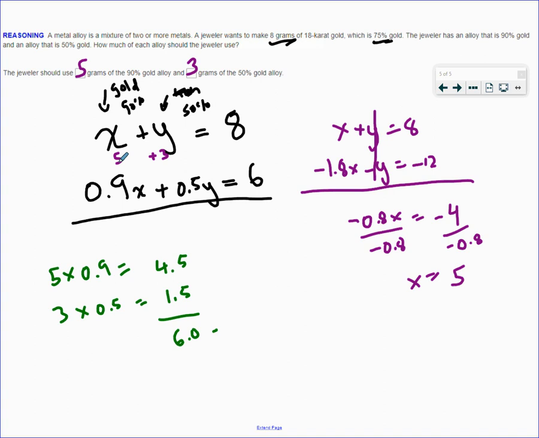Because 5 grams is 90% gold, that's 4.5 there. And 3 grams, half of that is gold, that's 1.5 there. So 6 grams out of the total 8 grams gives us 75% gold. Hope that made sense. Sorry for any confusion at the end of